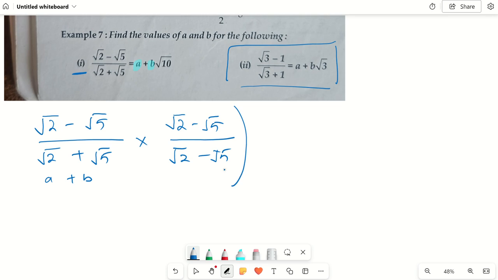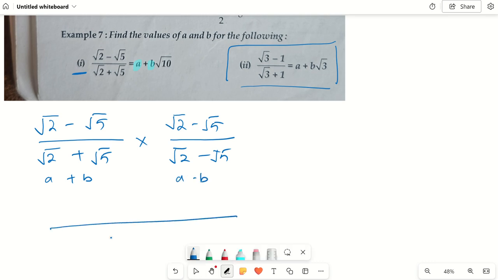We know that this term, if I see, is nothing but 1. Many students ask me, ma'am, why we are multiplying, how we are multiplying. So basically, I am not changing the original thing given to me. I am just multiplying it with 1 in such a way that my denominator will become root free, which we call rationalization. Now here I can apply in the denominator the formula of a plus b into a minus b.